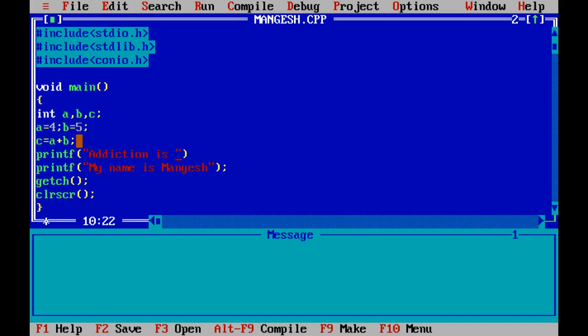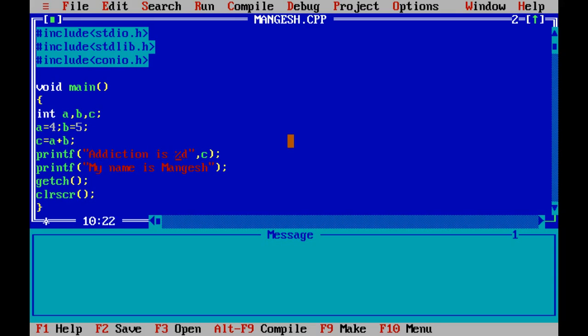But now it has meaning, percent d. Why have we put this percent d here? I will tell you. Then here comma and c. This is the way we can call a number which is stored in the computer on the output screen using printf. So this is the second way we use printf. The way is the same, printf, only here is the difference.